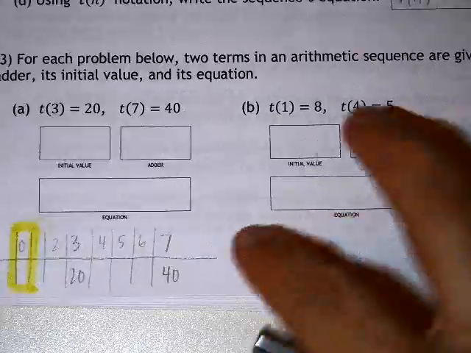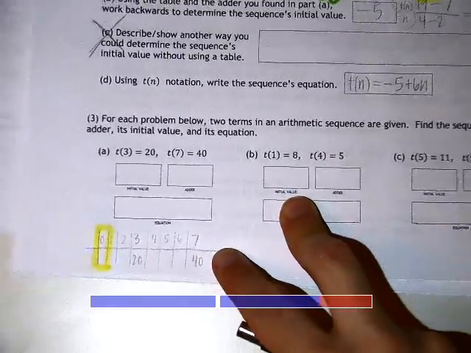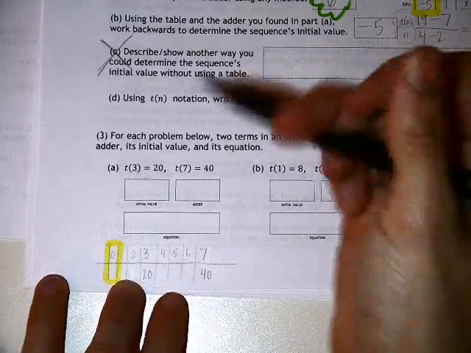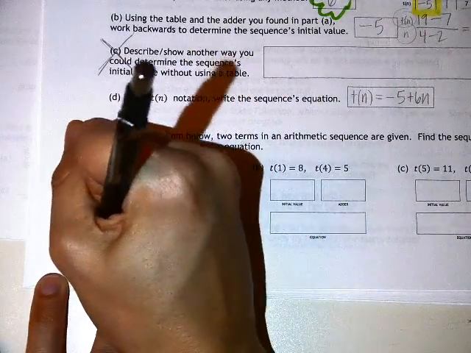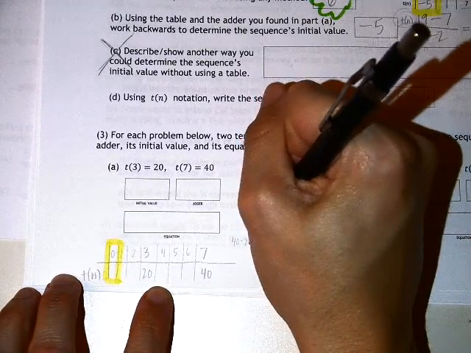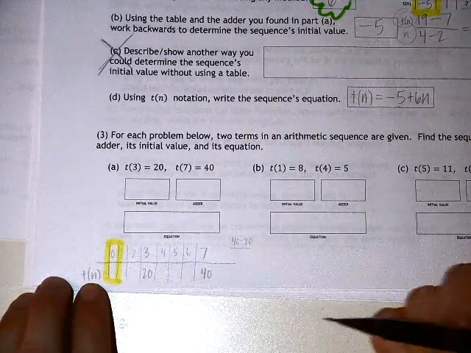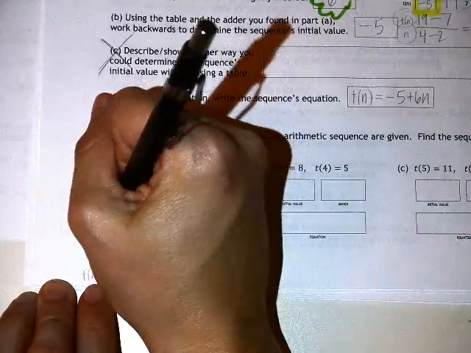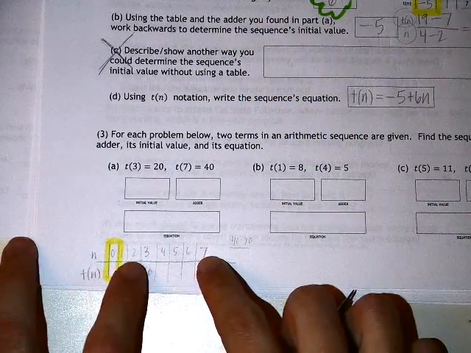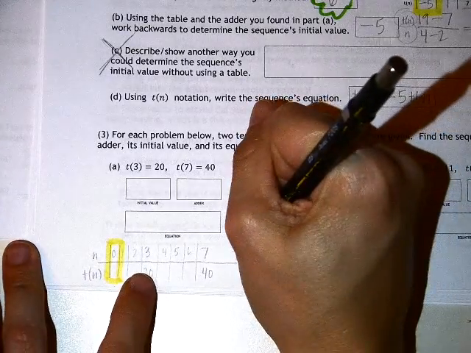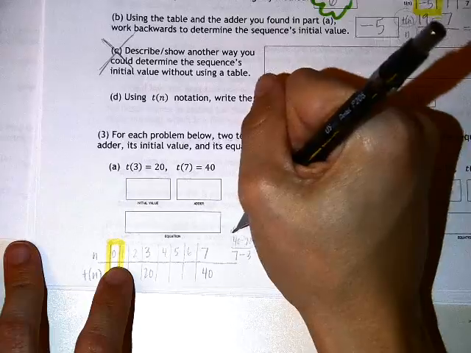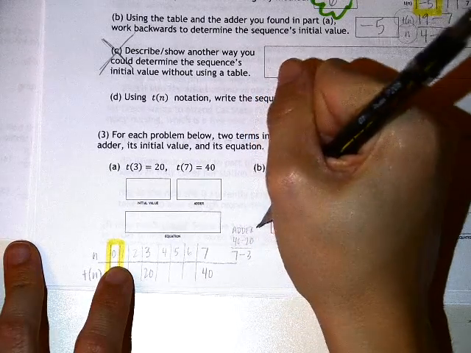I can tell I'm going to use my adder strategy, the same strategy I used in the previous question. Subtract the t of n's. Remember, t of n is the bottom row of the table, so that's going to be 40 minus 20. Then on the bottom of the fraction, we'll subtract the n values. Those are the top row of the table. I had a 7 minus a 3 that they gave me, and this hopefully will give me what I need